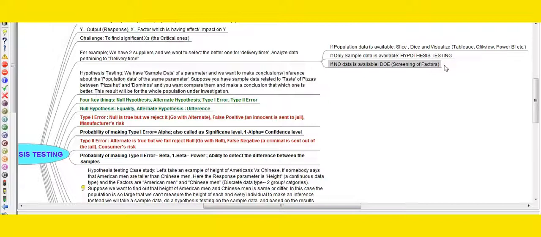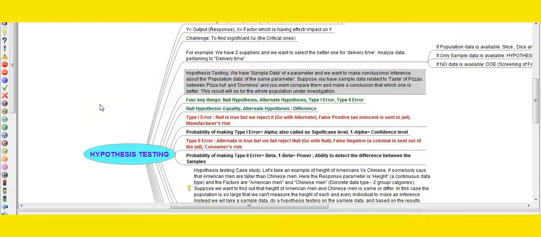So in that case, there is a tool called design of experiments, and under that design of experiments there is a method available where screening of factors may be done, which tells us about the critical factors, and we can single out the real critical factors from the DOE. There is an interesting example we may discuss here, and people use it in real life also.